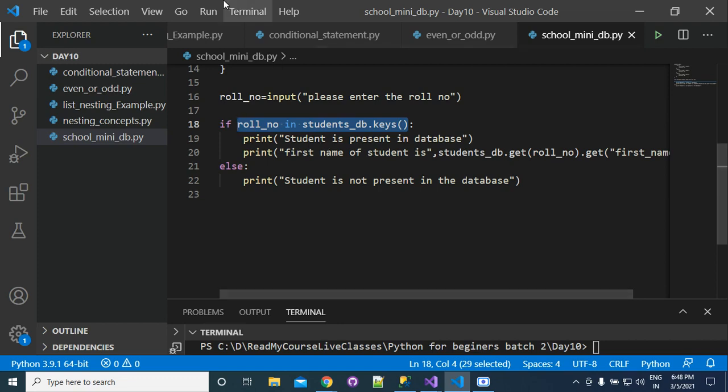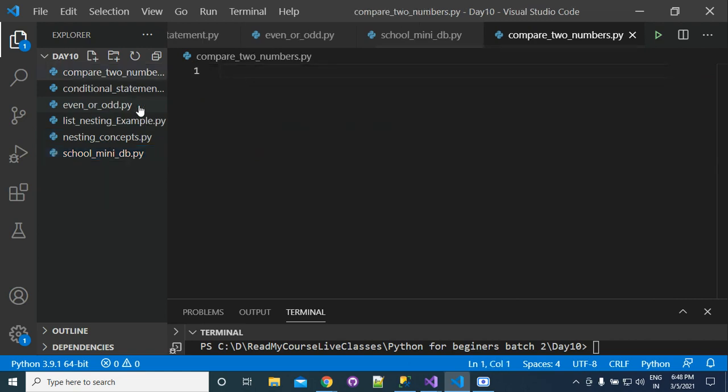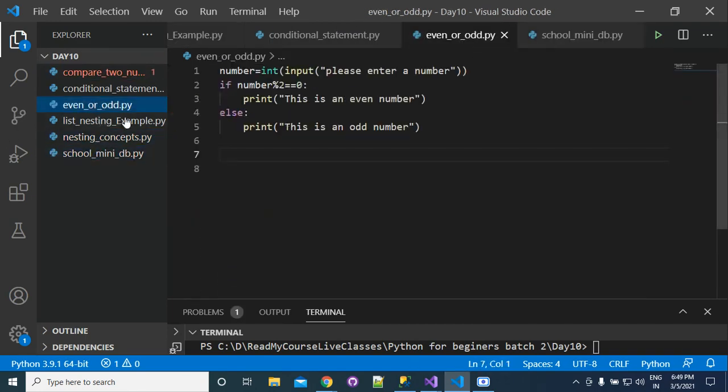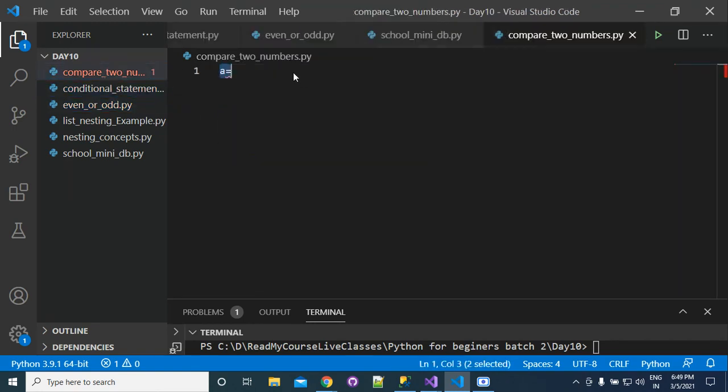For this, I am giving you a program: compare two numbers. Suppose you have two numbers, A is equal to 3, and suppose we are taking these numbers from the user.